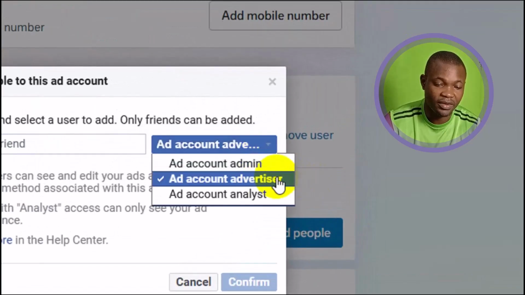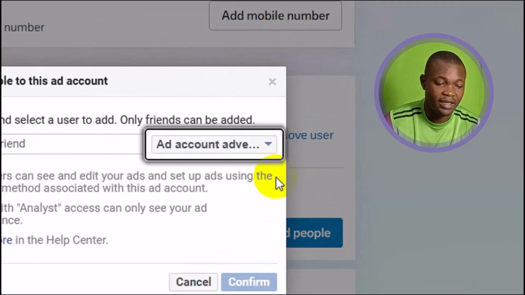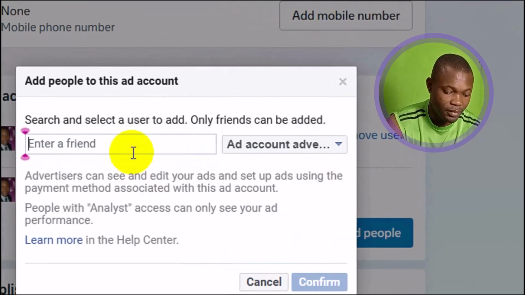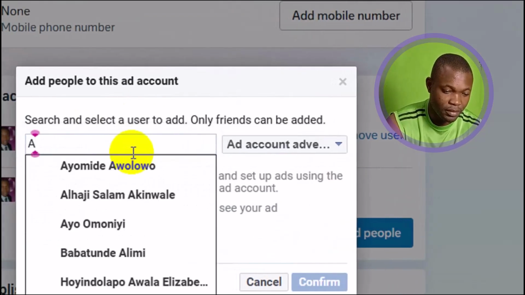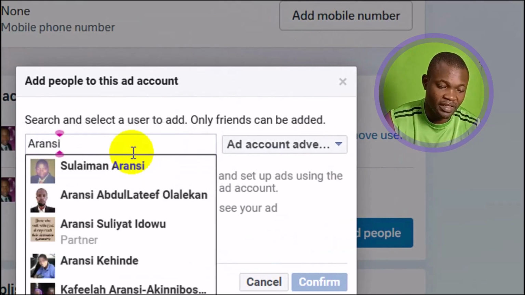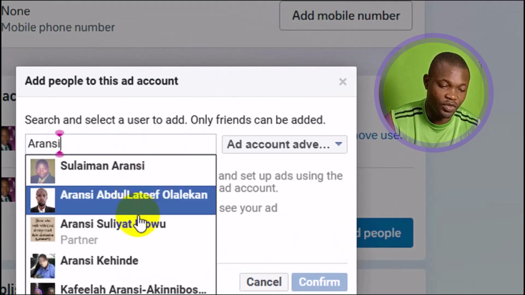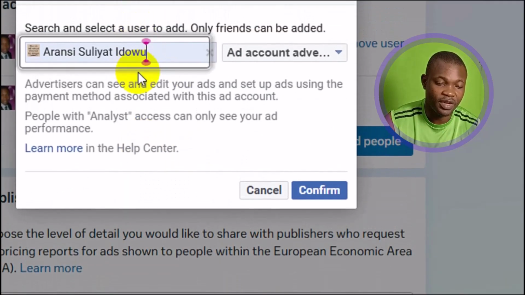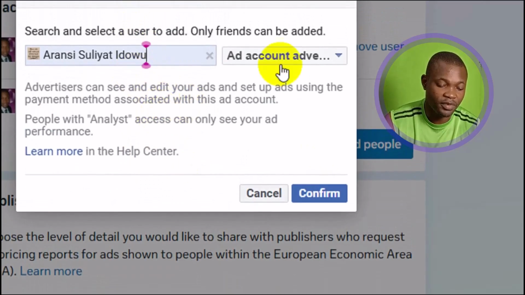Make sure this is checked. Okay. So add account advertiser is checked. Go ahead and enter the name of the friend right here. So having searched for the name of the friend, next thing you want to do is to make sure you go ahead and select their Facebook name. Once you select on their Facebook name, next thing you want to do is to make sure you click on